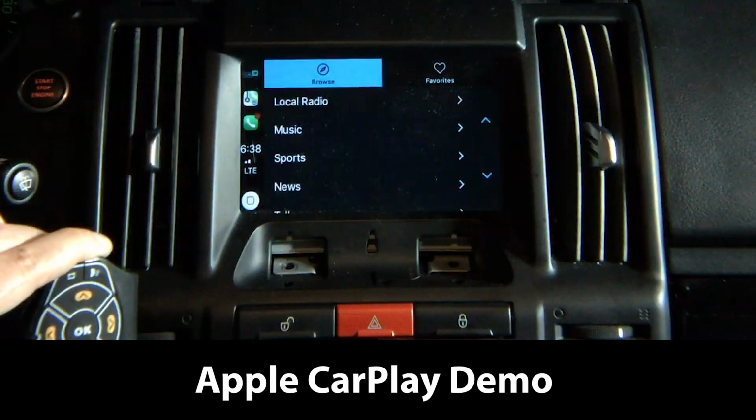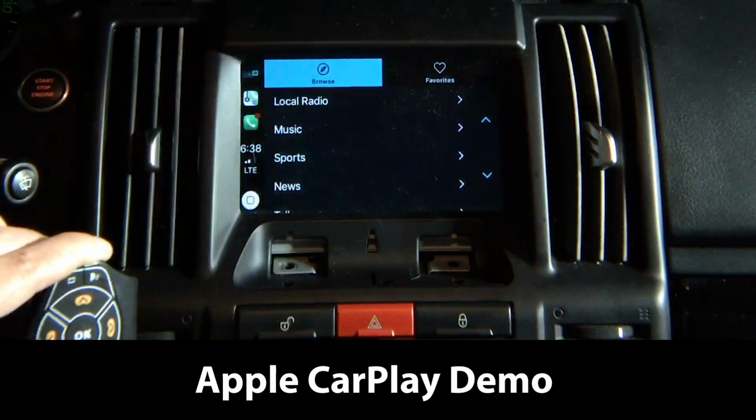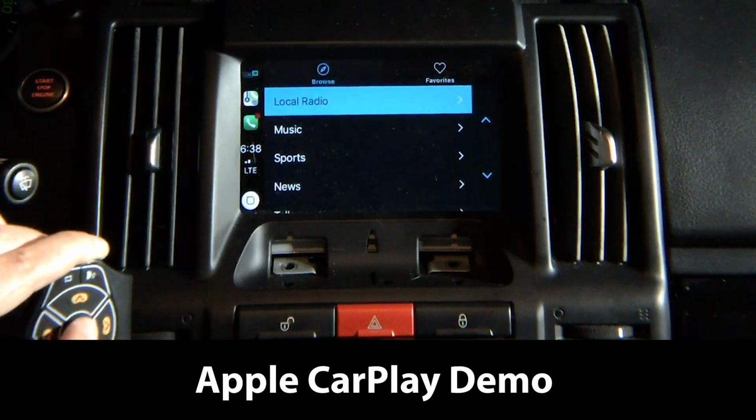All apps run from your phone, and you never have to worry about updating this CarPlay. Today or 20 years from now, whenever CarPlay is updated inside the iPhone, it will automatically be transferred in here. Whenever a compatible app is released, it will automatically appear here. And you go into local radio,